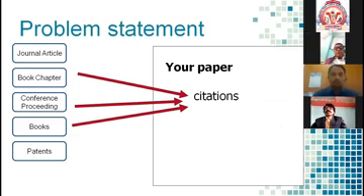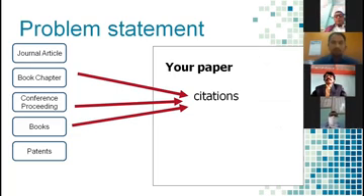Each and every type of document has different kinds of metadata fields. If you look at a journal article, it will have volume number, issue number, authors, title. Okay, these are the metadata. So book chapters will have something different. A book is published, and under that book there is one chapter. So that chapter you are going to cite, not the entire book. So the citation of a book and a book chapter will be different.